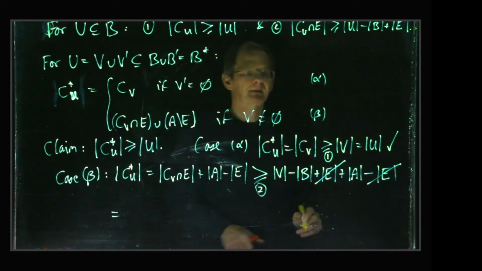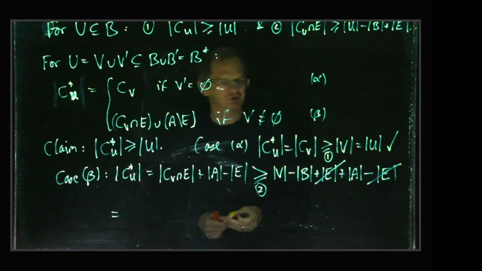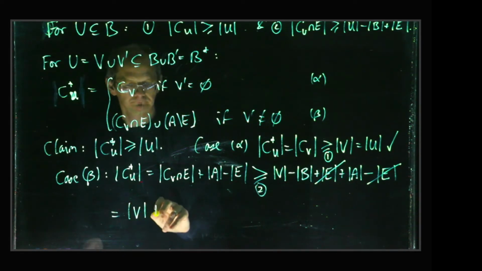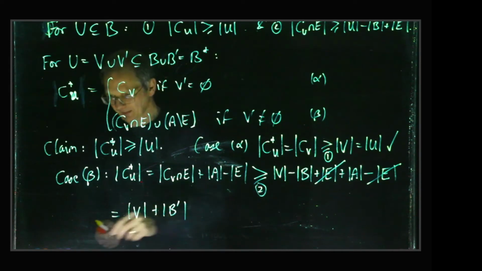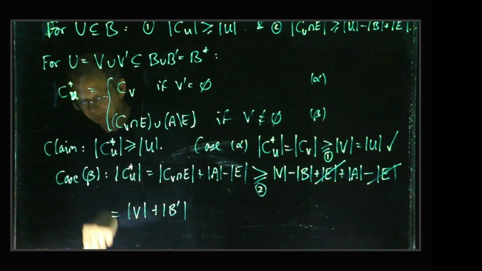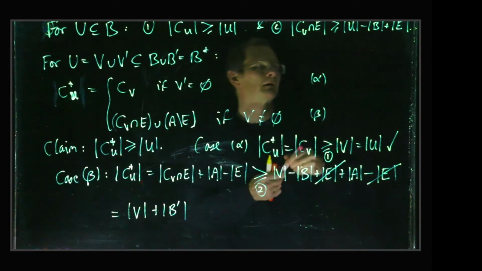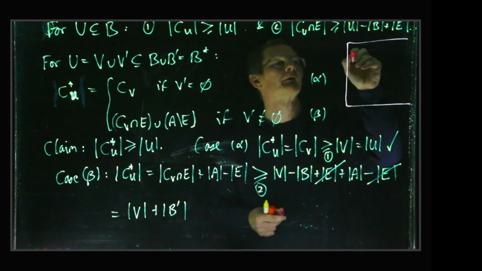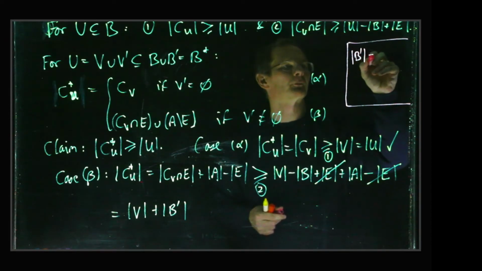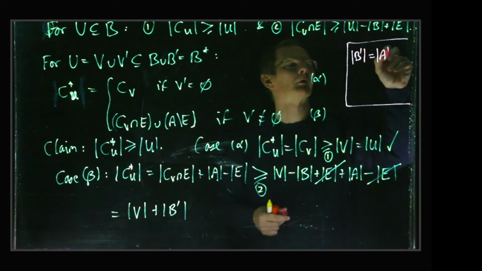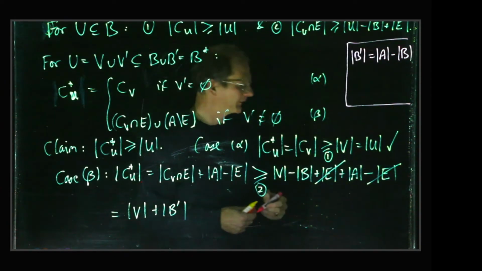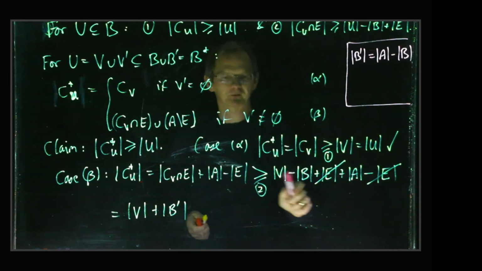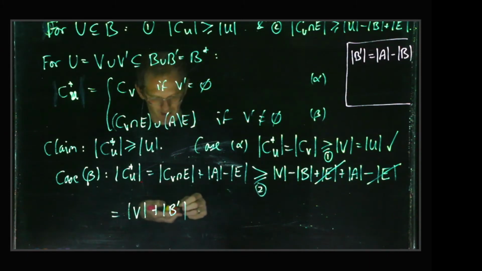But now remember that the size of B prime, the number of fake jobs, was equal to mod A minus mod B. Let's maybe put that little reminder in a box somewhere. We introduced a set of fake jobs, and the number of fake jobs that we chose to put in was equal to mod A minus mod B, to ensure that when we have the real and fake jobs together, that's the same as the number of people. So over here we've got plus mod A minus mod B, so that's the same as adding the size of B prime.